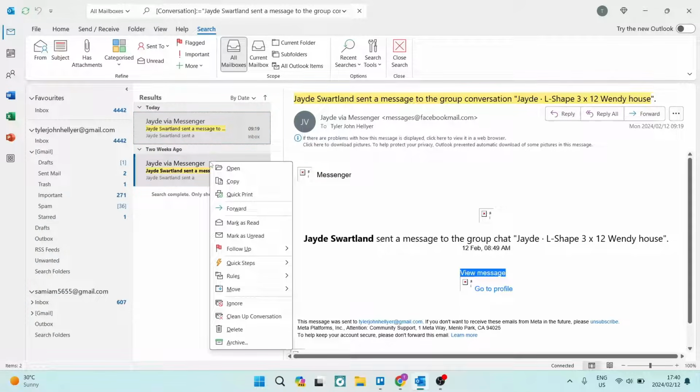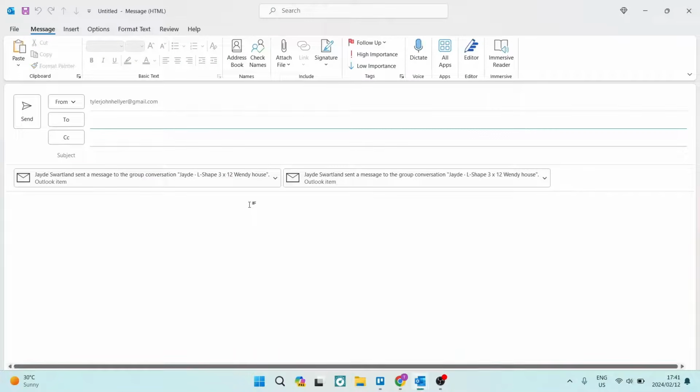You can simply right click now and look for the forward option, which is fourth from the top, and once you tap that, you can now forward it to whomever you would like to. And you can see here that each one of them are their own attachments or their own item altogether. And there you go. Now you can just tap on send once you have selected who you forwarded it to,